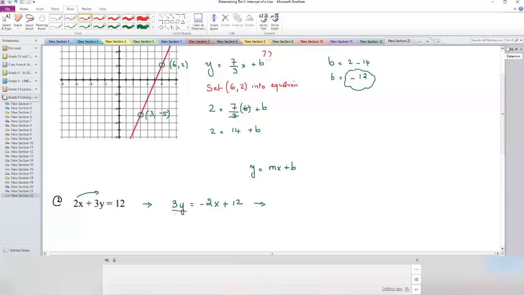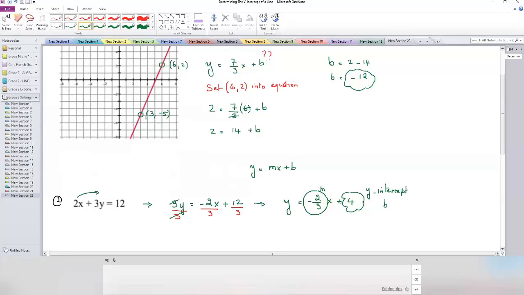By dividing by 3. If I do that for the left side, I have to do it for the right side to keep the balance of the equation. So it's going to be y only, because the 3 will cancel the 3, I can simplify, equals negative 2 over 3 x. And this is going to be my slope for this equation, plus 4. And here 4 is going to be my y-intercept,